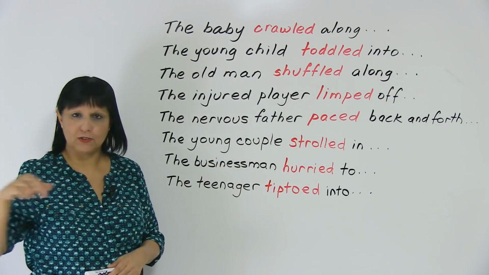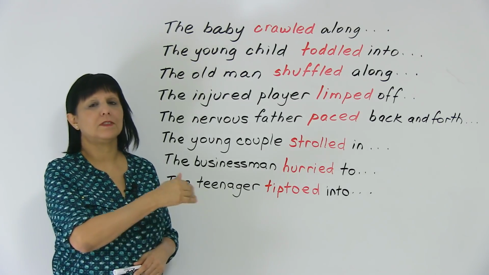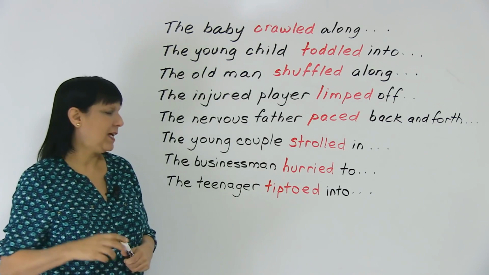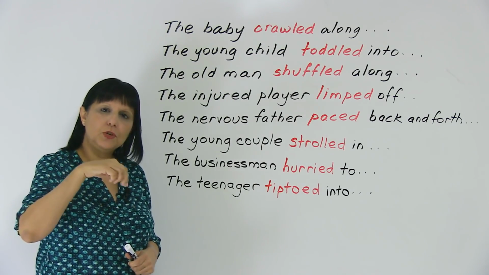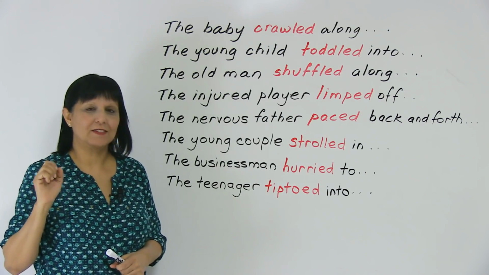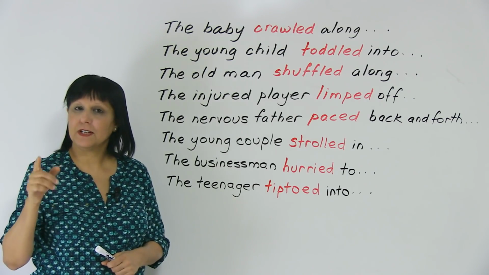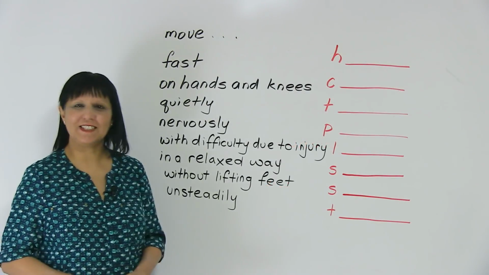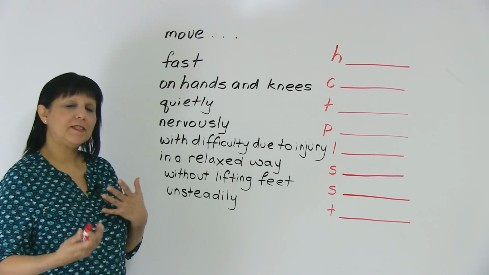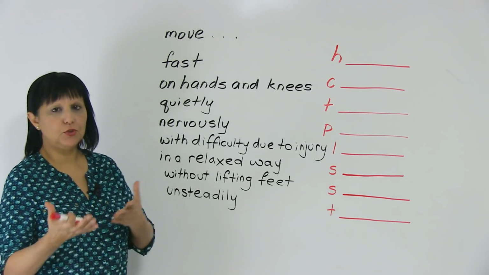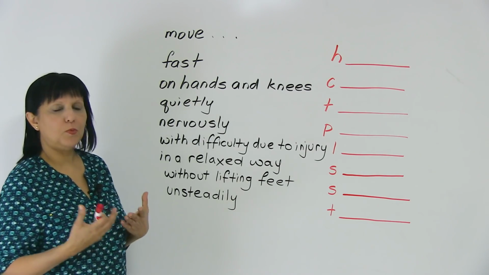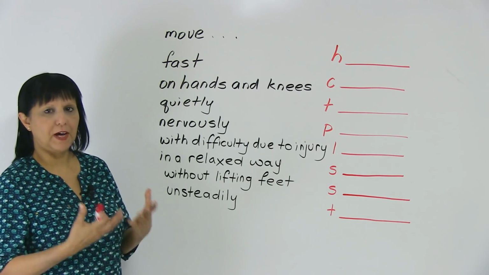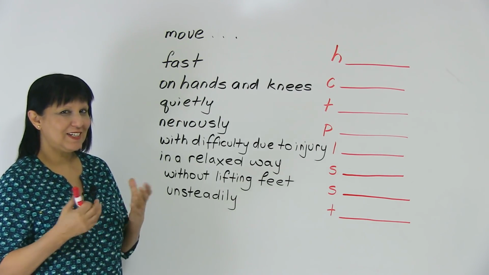To pace means to walk nervously. To stroll means to walk slowly in a relaxed way. To hurry, of course, means to rush. And to tiptoe means to walk on your toes in a very quiet way. So now we're going to check how well you've expanded your vocabulary with these 8 new words. So let's start. So now we're going to express the words in the present tense, okay? You choose the words. Help me along here. So what's the word if I want to say that somebody's moving fast? To move fast, like the business person, is to